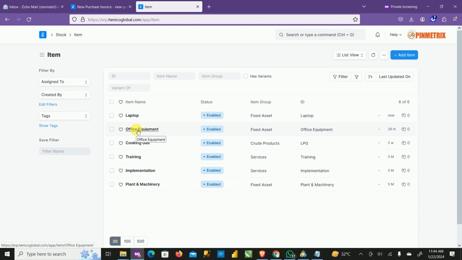So at any point in time that they need to purchase anything, the item that will drop down is either office equipment or plant and machinery and that. So I have plant and machinery here. So let's go on and say